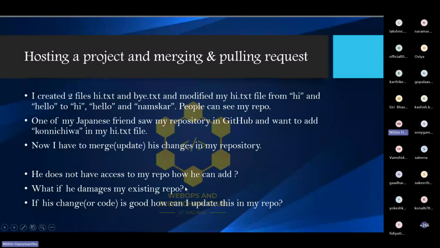And what if he damages my existing repo? What if he does some other things in my repo, which is mine now? So what if he damages it? And if his change was good, how can I update it in my repo? So that's what we'll be learning now. First, we created